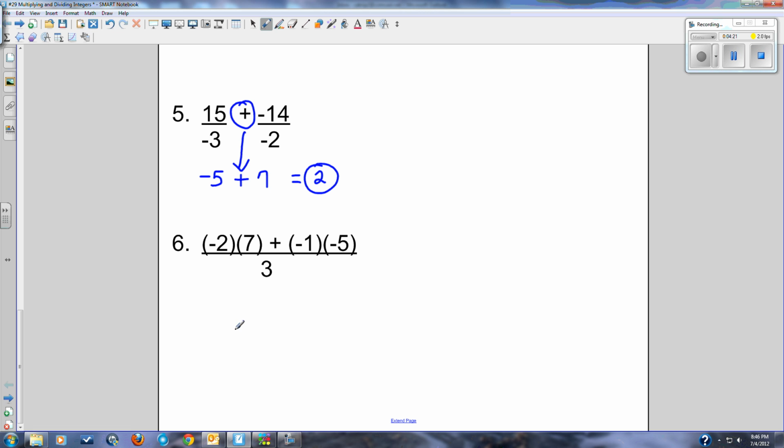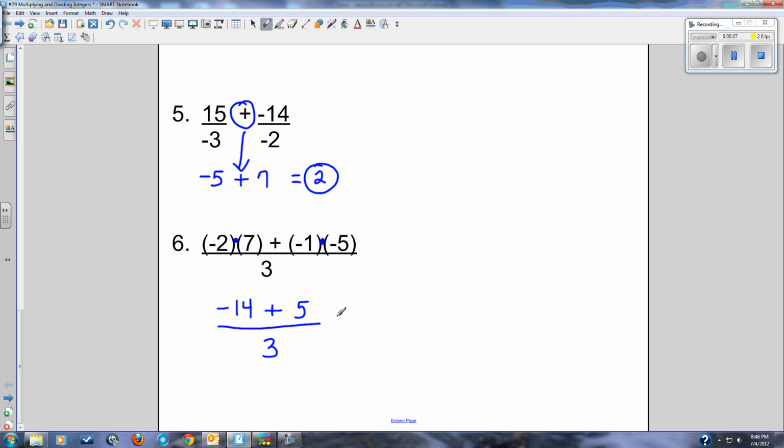Our last problem is negative 2 times 7 plus negative 1 times negative 5, all divided by 3. We need to work with the numerator first. We have two multiplication problems. This is negative 2 times 7. If you want to put a little dot in between those parentheses, go ahead, if that helps you to remember it, and also between the negative 1 and the negative 5. So let's do the multiplication first. Negative 2 times 7 is negative 14. Negative 1 times negative 5 gives you positive 5, and we'll put the plus sign in between them,